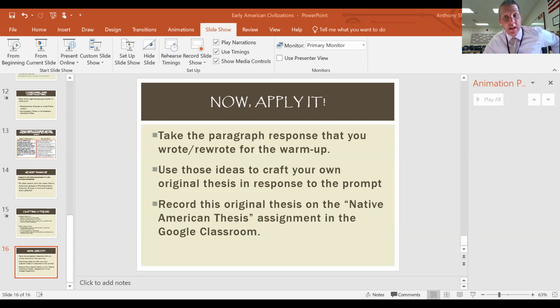Wow, okay, right? Like that's a home run of a thesis. Let's put it to the test. Does it answer the question? The question is, to what extent were Native American groups diverse? And it says many American groups had much diversity. So they answer the question. How diverse were they? Okay, he or she is saying they are very diverse. There's much diversity surrounding their cultures. So they've answered the question. And the answer has provided some kind of position. They've taken a position. They said, okay, yeah, it's very diverse, all right?